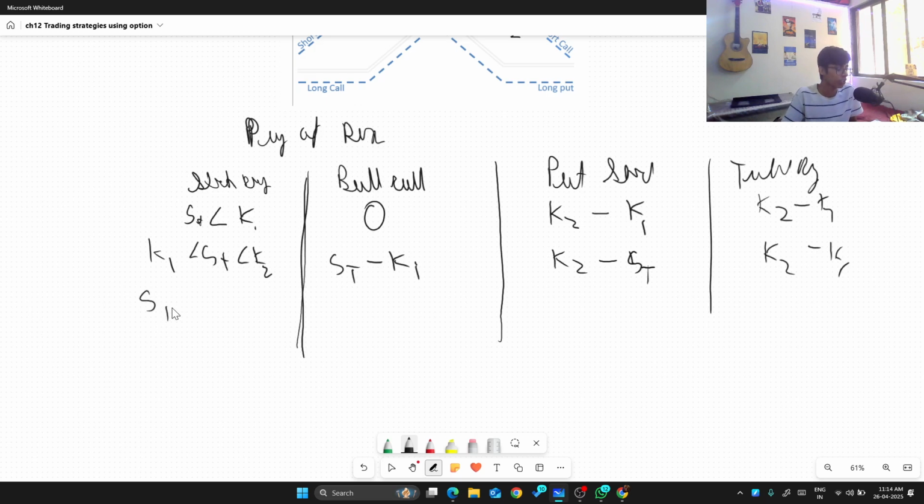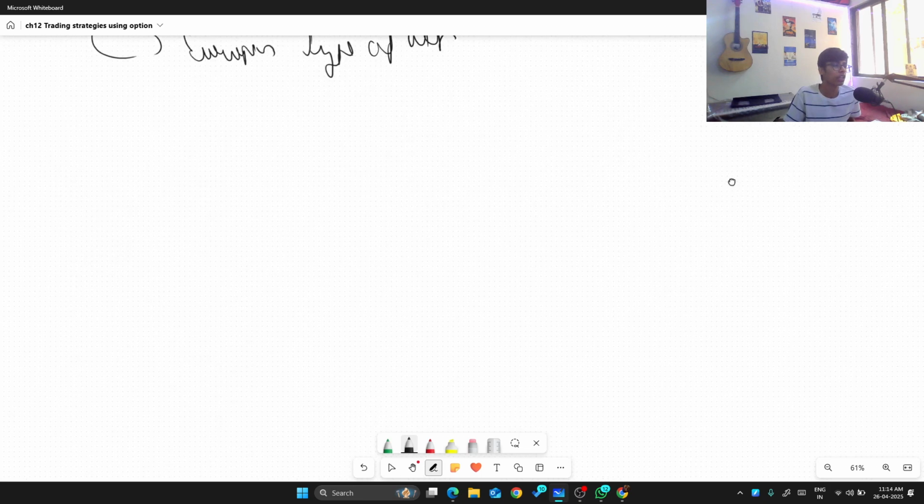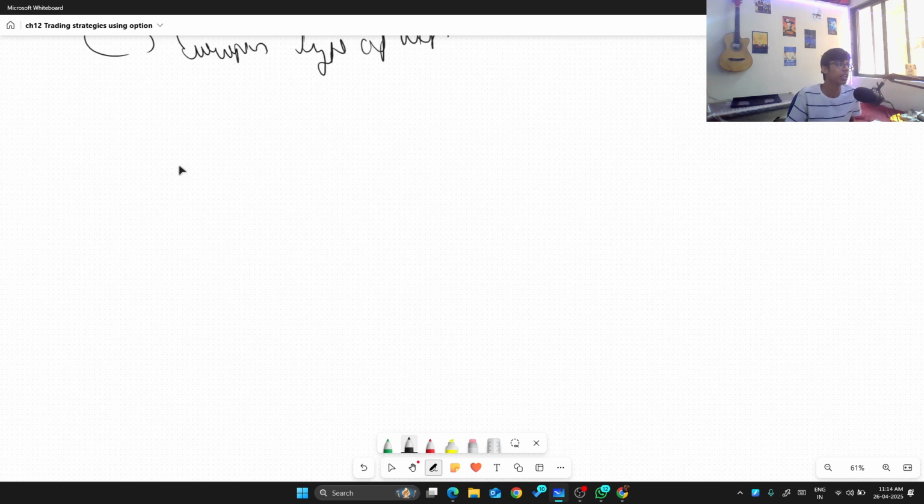This is done when we don't know what will happen, and we have to earn money, and this is only possible in European, not American. So only possible in European type of option, where all options have the same maturity, right? It will be K2 minus K1. If ST is greater, the payoff would be 0, and that would be K2 minus K1, and that is the box spread. Another type of spread is the butterfly spread,